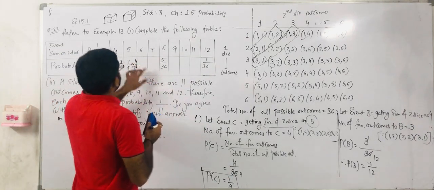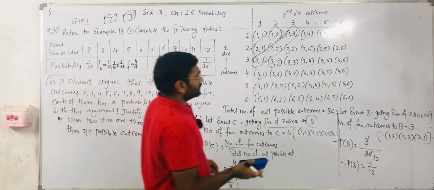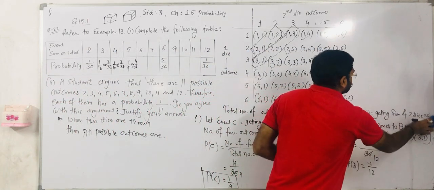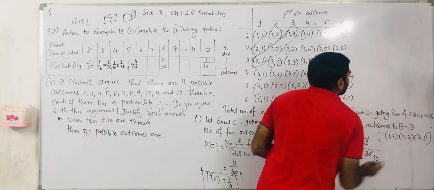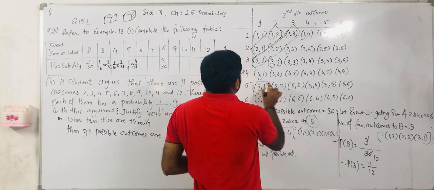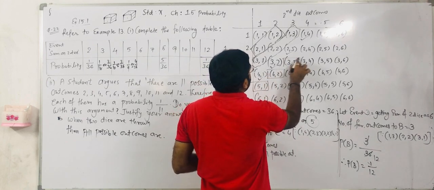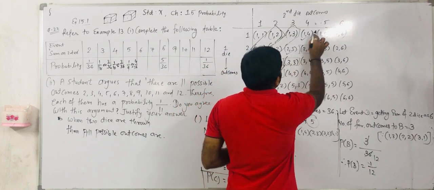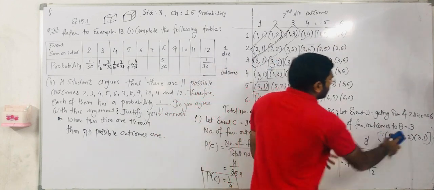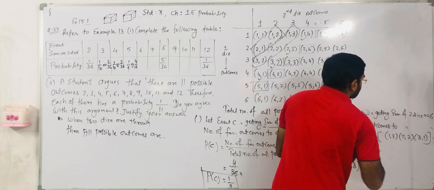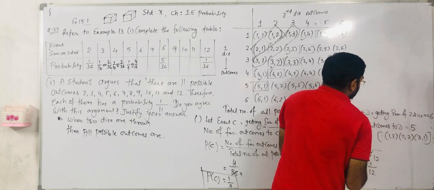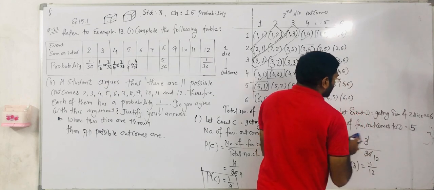Okay. Now I take the sixth one, getting the summation as a 6 on both the dice. So you have to check in how many outcomes we get the summation on 2 dice as a 6. So 1, 2, 3, 4, 5. In these 5 outcomes, we get the summation on 2 dice as a 6. Which are the 5 outcomes which we have to mention here?